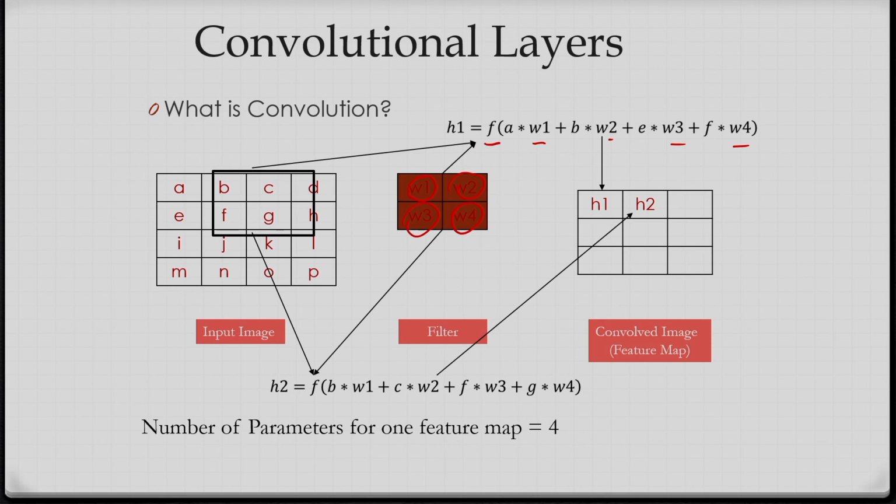So that is why the number of parameters for one feature map will be only 4. You can do the comparison between the simple artificial neural network and this case. By using the convolution operation, I can reduce the number of parameters. You can see the principle behind the convolution layers: the number of learnable parameters we can reduce. So the number of parameters for 100 feature maps will be only 4 into 100. That is very less as compared to the earlier cases in the artificial neural networks.